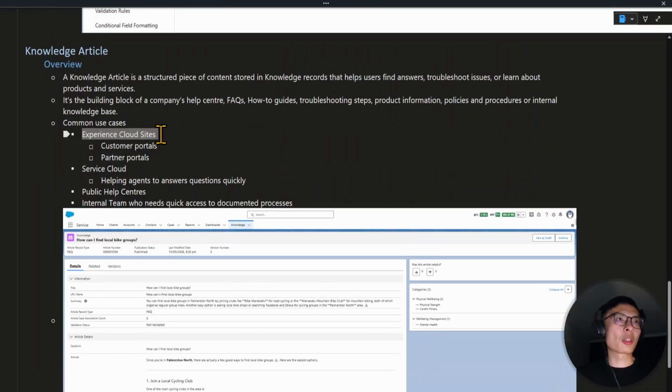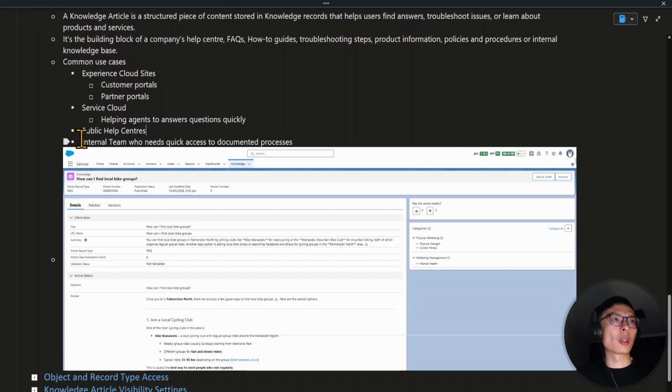So for Experience Cloud sites, these knowledge articles can be used for customer portals and partner portals. For Service Cloud, these can help agents to answer questions quickly. You can have a public help center with knowledge articles, or even for internal team members who need quick access to